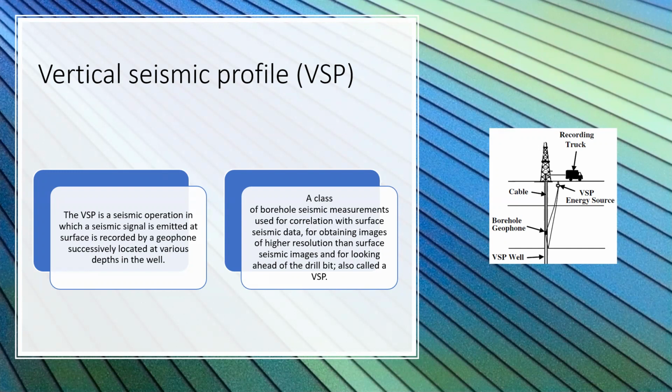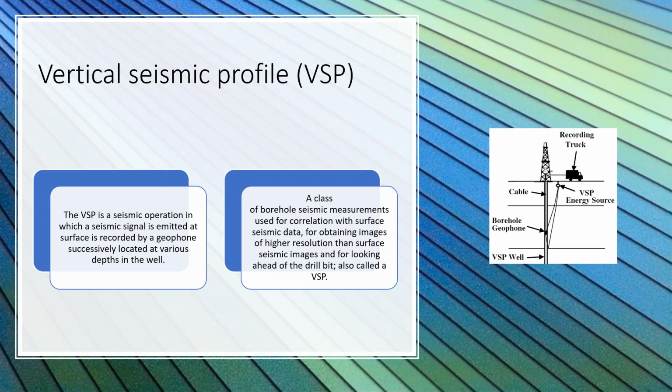The borehole geophone is raised by a predetermined amount and the process is repeated until the shallowest depth of interest is reached. It simply means that suppose for the first shot, we place our geophone at the bottom of a wellbore, and then we move the geophone toward the shallowest depth with a predefined pattern and we repeat shots each time. Seismic signal is recorded at different depths until the shallowest depth of our interest is reached.